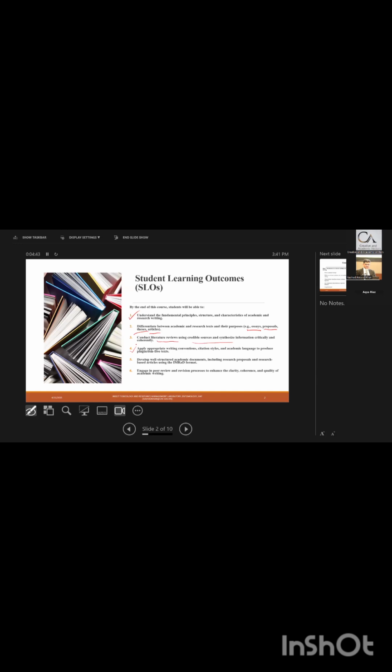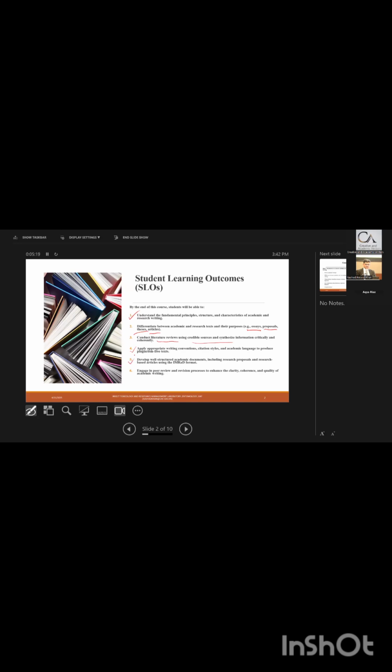The already published data or already published materials should not be reflected in your article without citation, without referencing, and without modifying the language. So we will be teaching the students how can they write well, how can they cite well, and how can they utilize good academic language for expressing their research data and for interpreting their results.